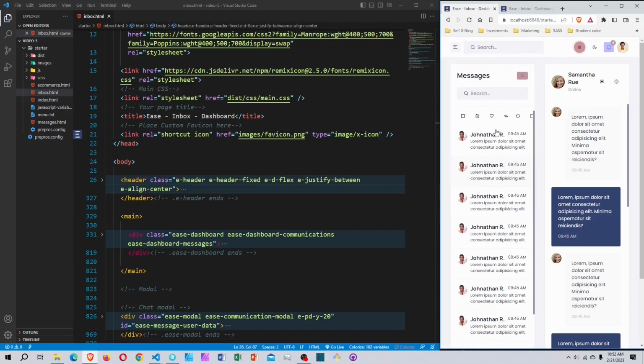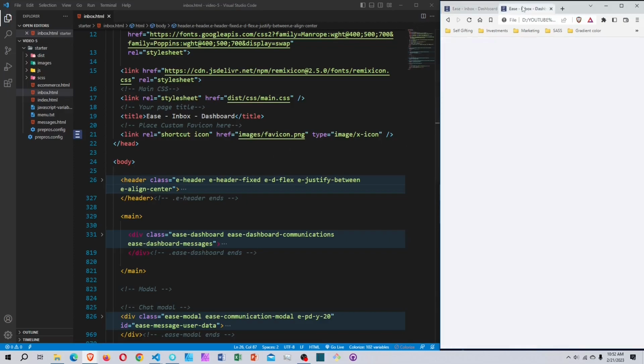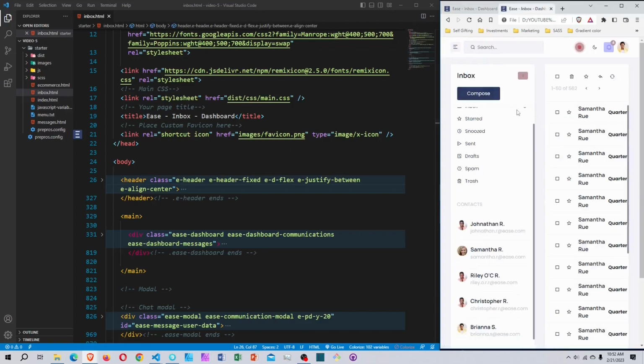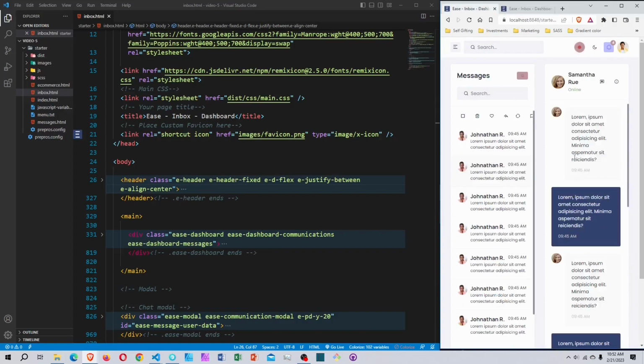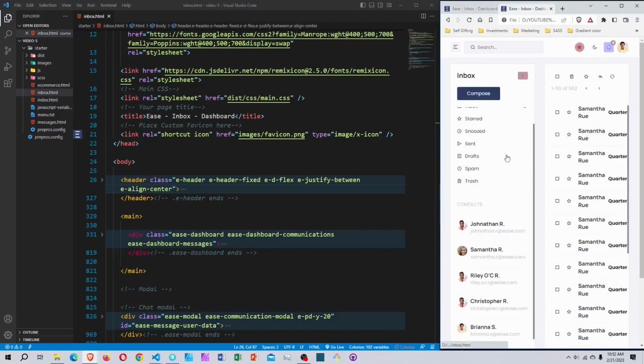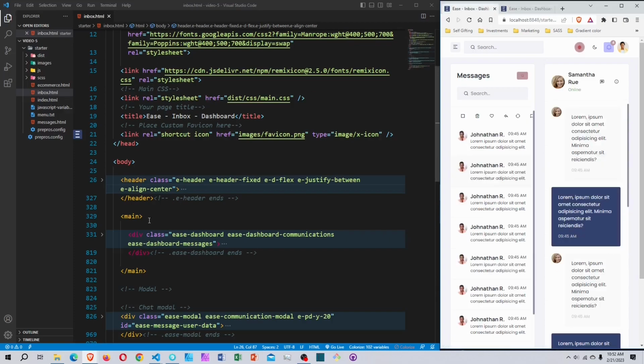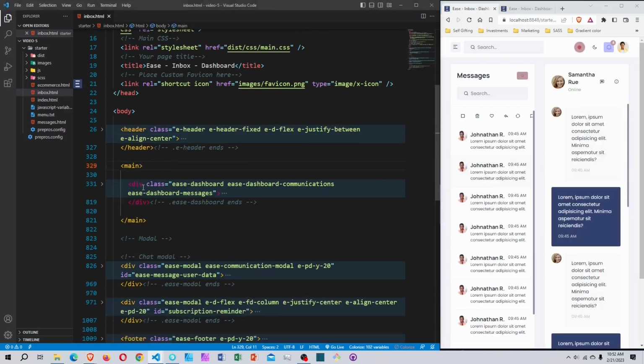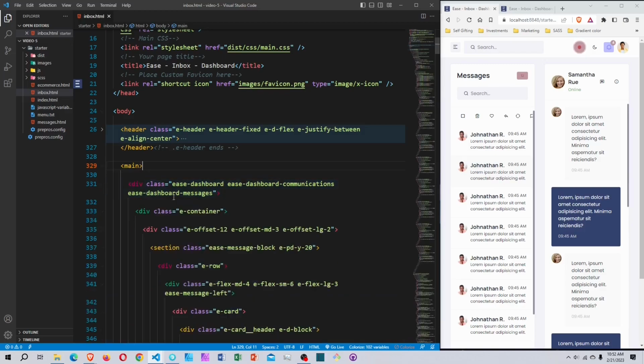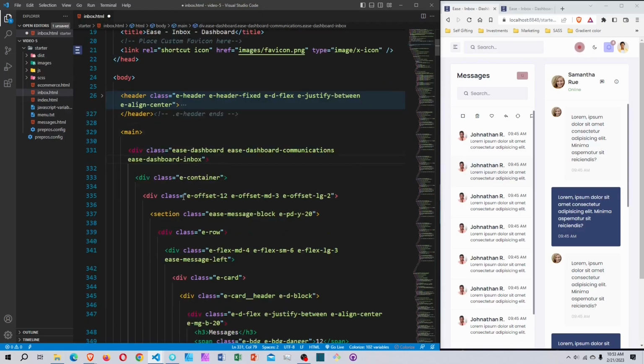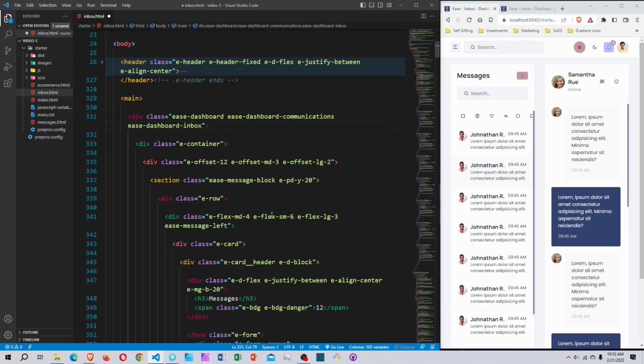Okay, so now for the inbox, you can see it's almost the same thing as this one, so the HTML won't be changing that much. So going back here, I'm gonna open inside the main, this is the dashboard that wraps over everything. I'm gonna expand it, and where we see the dashboard message, I'm gonna change that one to inbox, like this, and the offset, all of that remains the same. This one also remains the same, and we have our row